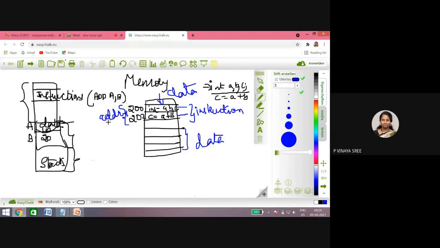Now, how many bits do we need to specify? Whether it is data or an address, the processor is the head. The processor has to fetch an instruction. In order to fetch an instruction, it has to go to that particular address, take that instruction, and execute it. For that, the processor will maintain some set of registers. We already discussed the processor parts initially, five minutes ago.